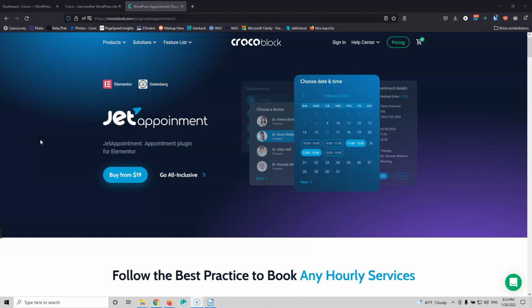On the website, and I will put the link for this in the description below, we can see that JetAppointment can work with Elementor and Gutenberg. It says here that you can buy it from $19, and this is not correct, because if you just buy JetAppointment, it will not work. You have to also go and buy JetEngine. If you have the whole suite, then you have no problem, but if you just go and buy JetAppointment,